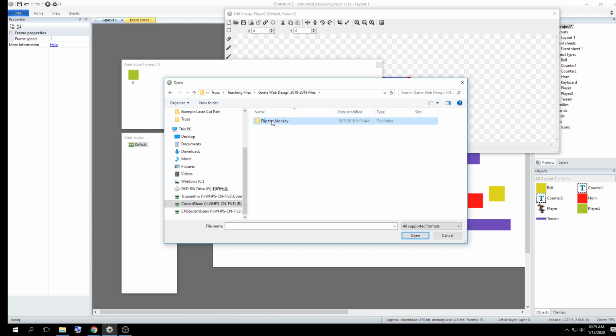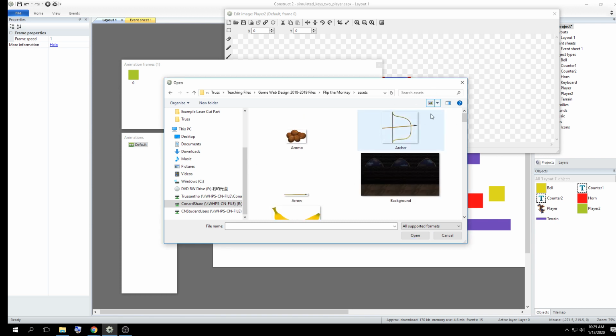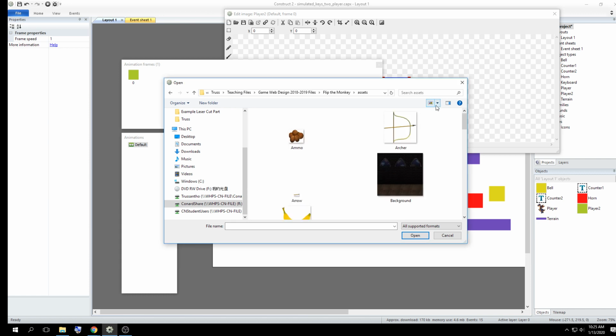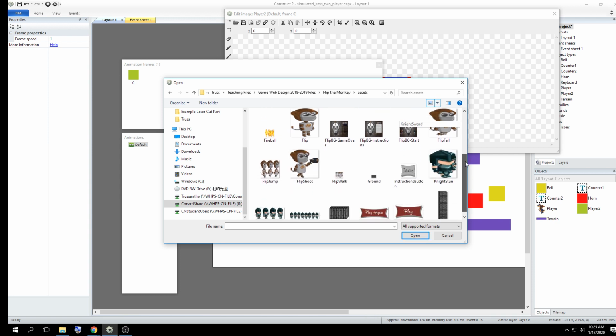So we're going to go to Flip the Monkey, Assets. Now here's all the stuff the game's made up of. If you can't see what I see, drop this down and switch it to large or medium, but make sure it's not on a list, because you can't see if it's a strip or a single file. So we're going to switch the view to large or extra large, and look for